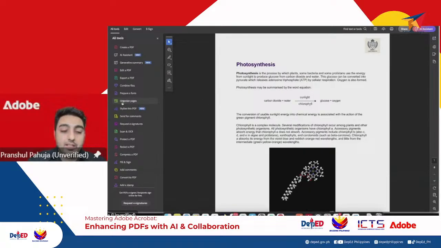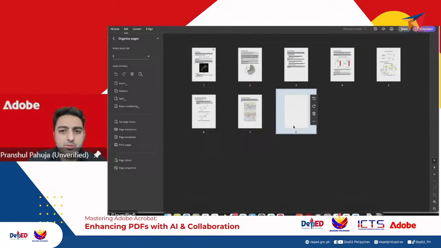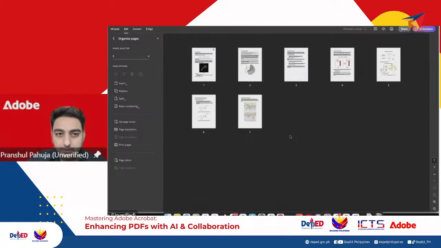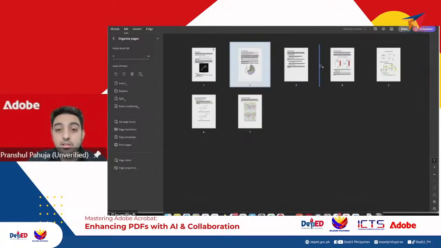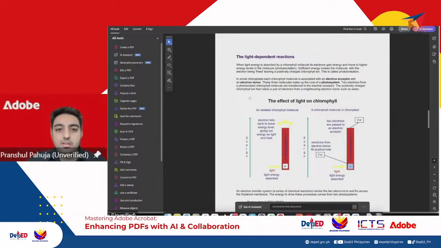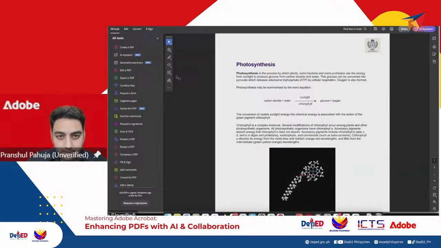The next thing which I want to do is look at the pages within my document. So I click on the Organize Pages option, and then I will be shown all the pages which have come up within my document. Now, before I go ahead, I notice there's a blank page in this PDF. I don't really want a blank page. What I can do is just delete it straight away, quite straightforward. If I feel that the order of the pages is a bit different, I can change the order of the pages as well. And once I'm good to go, I can directly go to the previous page and again, that's my final PDF, which is ready for my next set of stages.